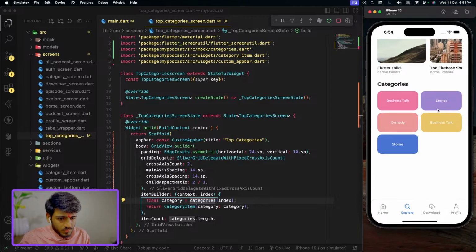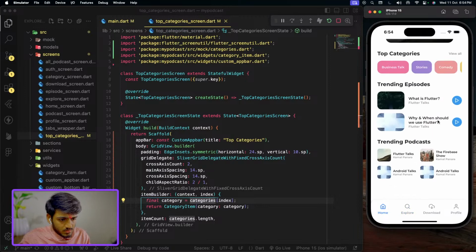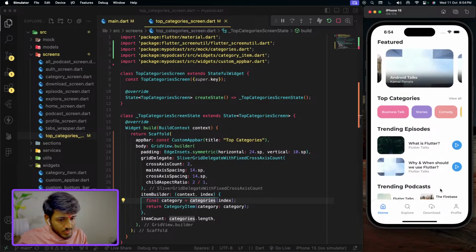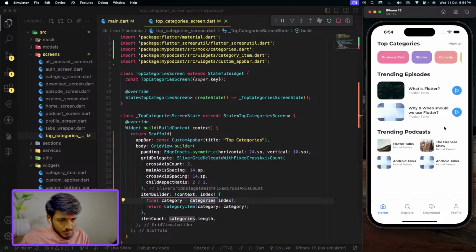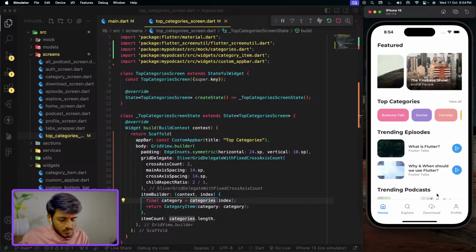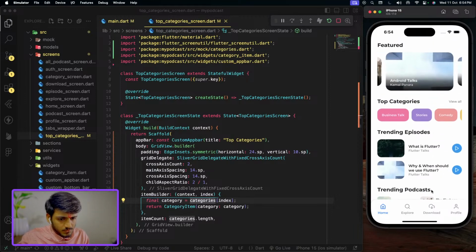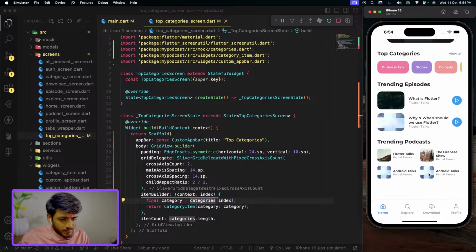We need to work there, as well as we need to work on this. View all trending podcasts, view all trending episodes. Yeah, let's add that button there if you want it. It's also fine. I think there will not be much trending stuff. It will just limit the amount of things that can be